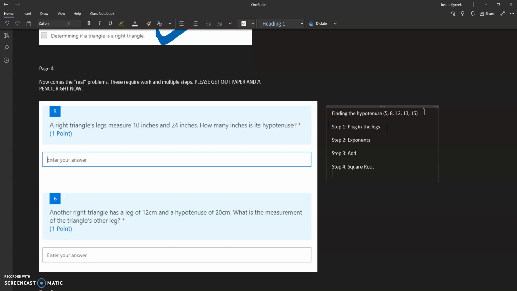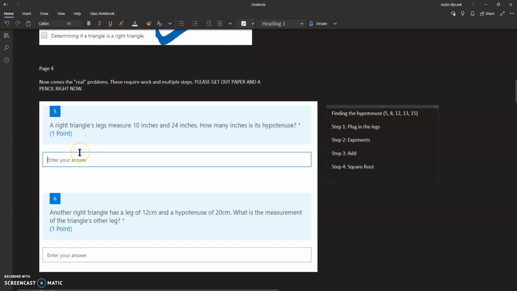So you need a calculator for that. If you don't have a calculator, you might want to get one out. You can just use the Desmos calculator. You can use just Google, although I'm not a big fan of the Google calculator, but the Windows one works as well. Okay, so looking at this, it says a right triangle's legs